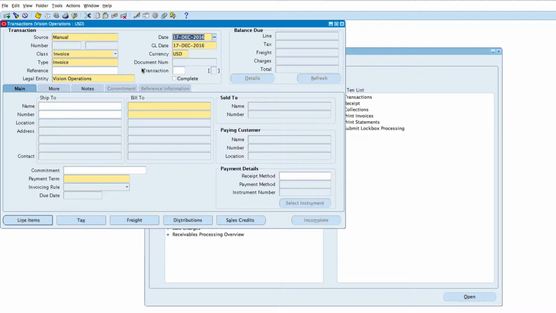The source, class and type are three very important setup steps in accounts receivable. The source indicates that the invoice was created manually in receivables rather than being imported from another application. The class indicates that this transaction is an invoice rather than a credit memo or one of the other classes of transactions in receivables. And the transaction type is a user-defined setup that controls much of the functionality of the